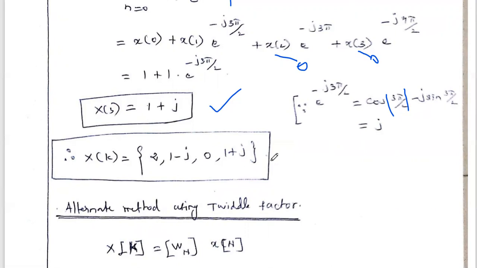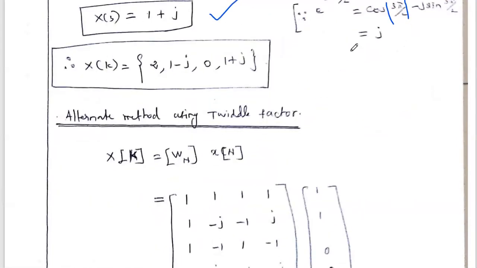So this method is called the direct evaluation DFT. Sometimes in a question they mention, using direct evaluation method calculate the DFT, meaning this is the procedure. In future, the same DFT problem we can find using algorithms, that is the butterfly algorithm, DIT algorithm and DIF algorithm, and the same answer we may calculate. The procedure is different, but the answer obtained is the same. So this method is called the direct evaluation method.